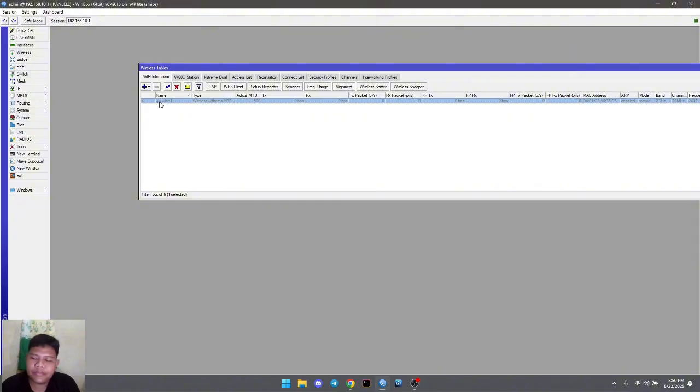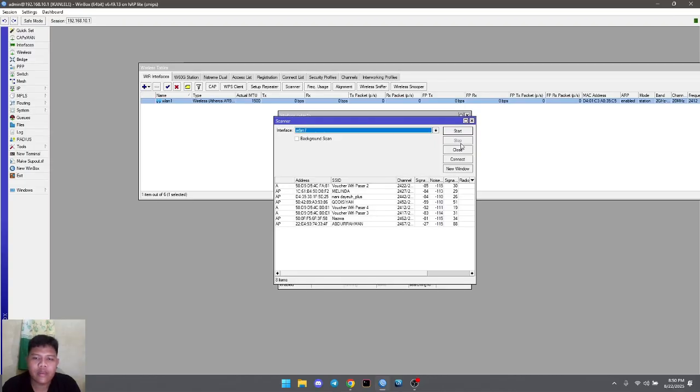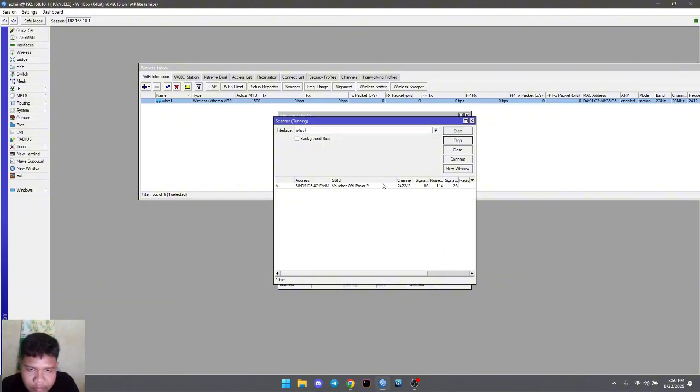First, you enable the wireless interface, and then you double click and then scan. This is the station mode. Then scan and press the start button.